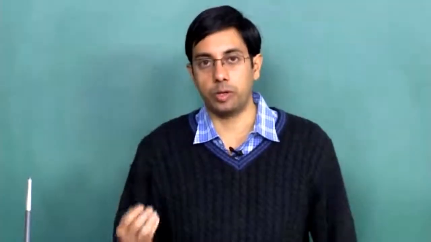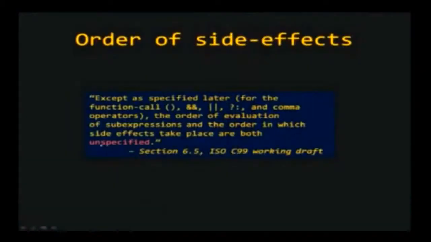So, in the previous slide, doing i = i + 1 before j = j + 1 is valid, as also j = j + 1 and then i = i + 1. Both these orders are valid, and the C standard does not say what should really happen. In practice you will notice that in one compiler a certain order may happen, in another compiler a certain other order may happen. So, it is left to the compiler, and you cannot assume anything about which order it happens.